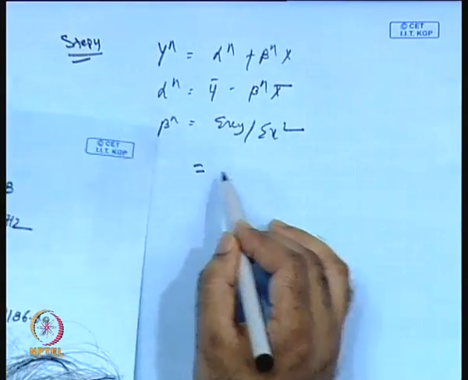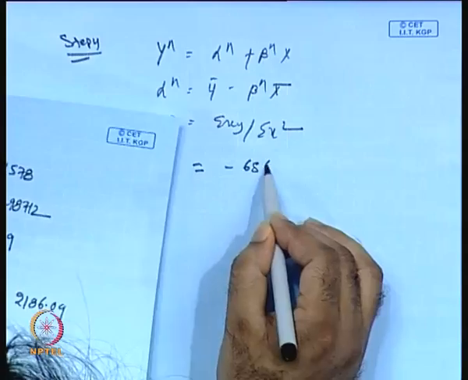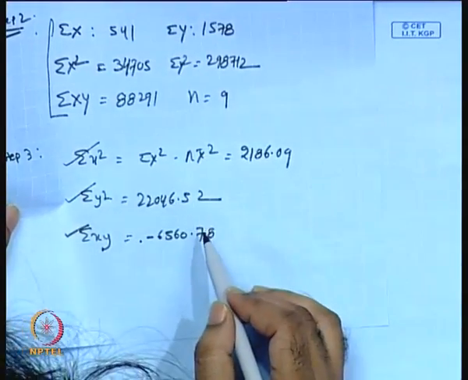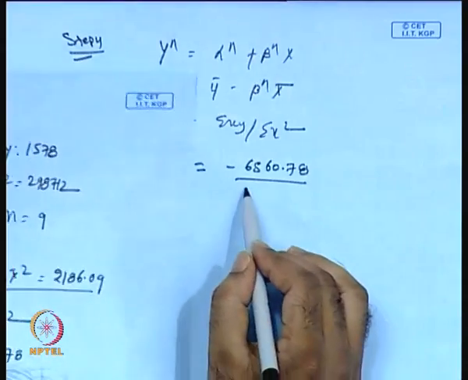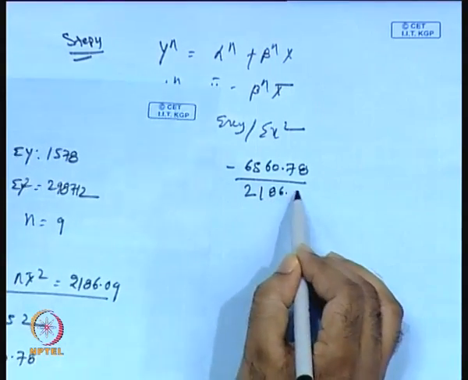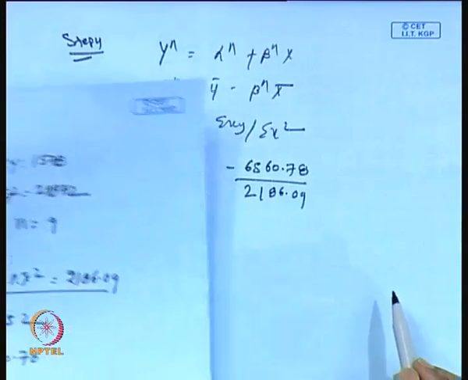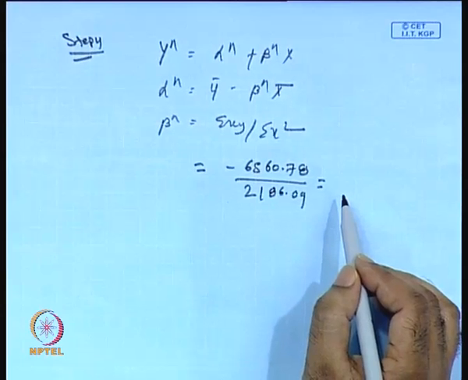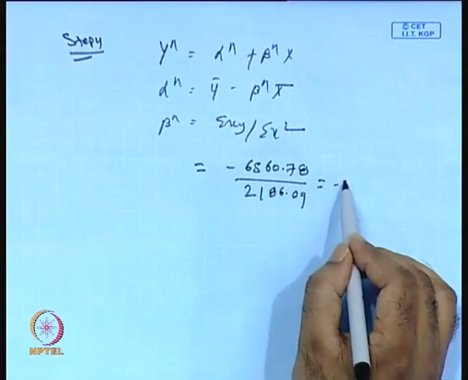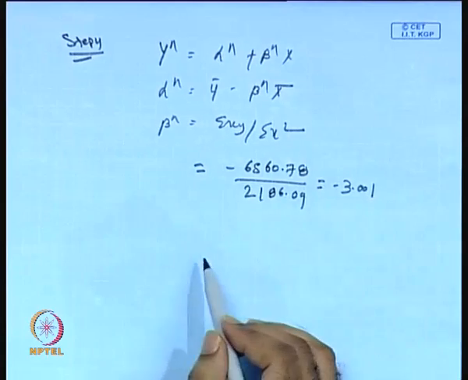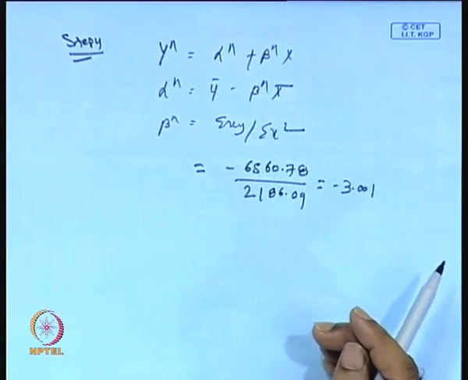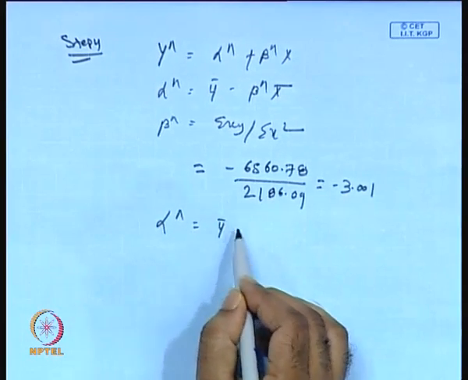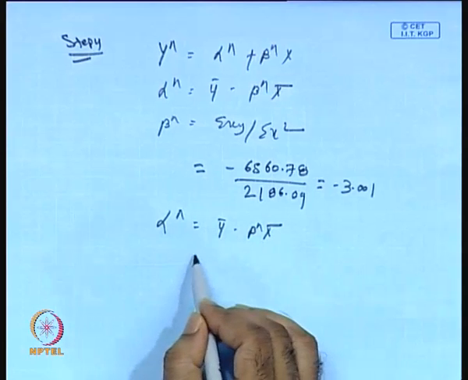So, this is nothing but minus 6560.78 divided by summation x square, and summation x square is here, 2186.09. Okay. Now if we simplify, we will get beta hat equal to minus 3.001. Okay. That we also calculated today morning. Now alpha hat is equal to y bar minus beta hat x bar, which is nothing but y bar